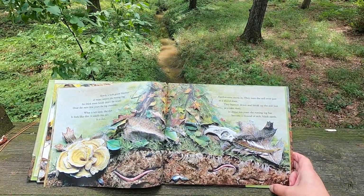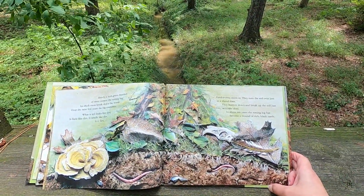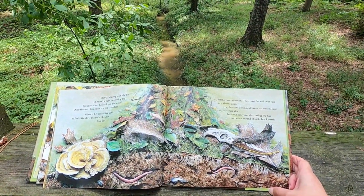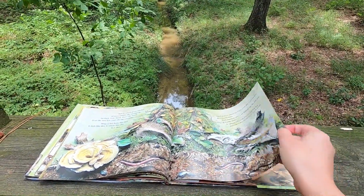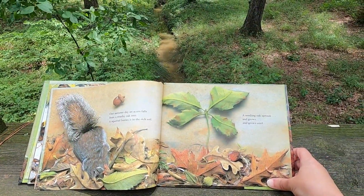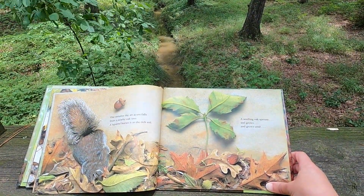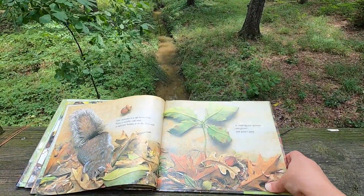They turn the soil over just as a shovel does. They burrow down and break up the soil just as a rake does. In about 10 years, the rotting log has become a mound of rich, black earth. One autumn day, an acorn falls from a nearby oak tree. A squirrel buries it in the rich soil. A seedling oak sprouts and grows until